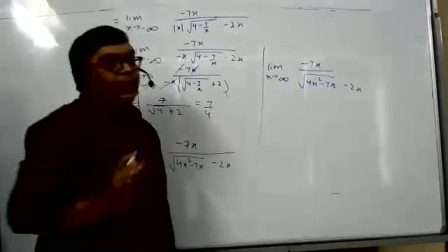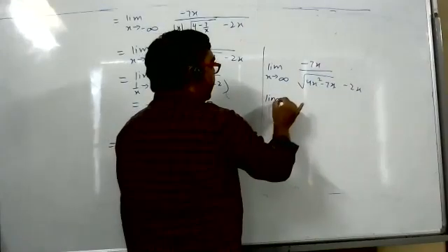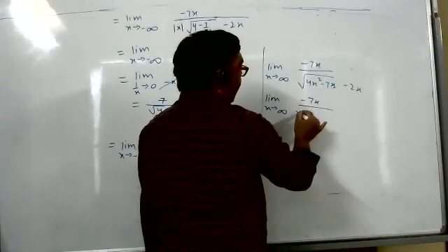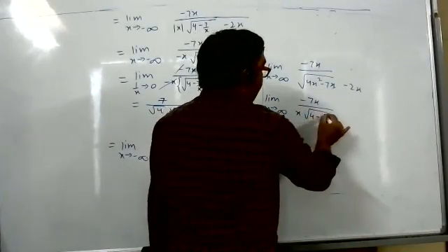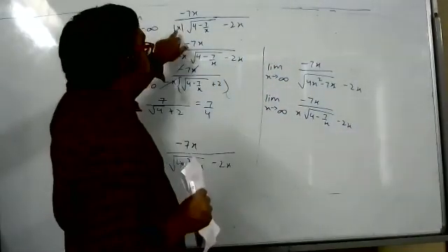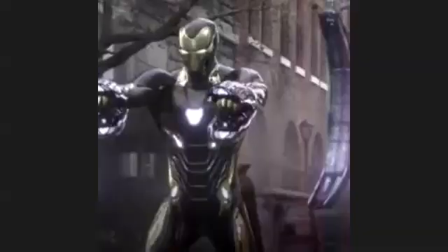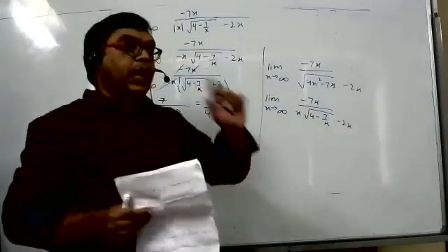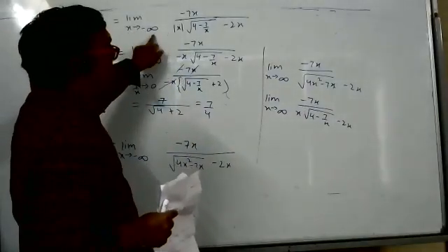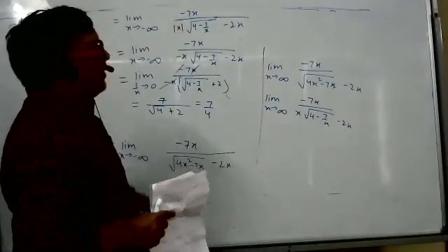Here we don't have to apply too much brain. If we take x outside, suppose we had done it this way, that is wrong, but we'll get the correct answer. Suppose we have taken x square outside and wrote x. By default, the answer would have come correct, because when x is infinity, the mod x value is x only. Without awareness we have written x, but the answer will come correct. But here, since x is minus infinity, mod x will change to minus x. So if you write x in this previous case, the answer will come wrong.